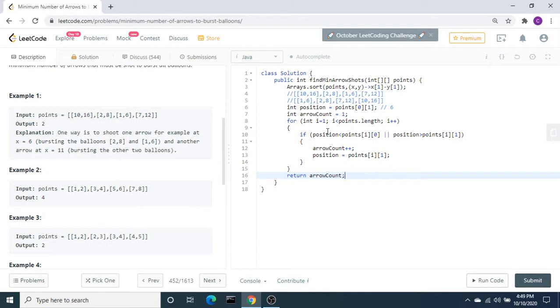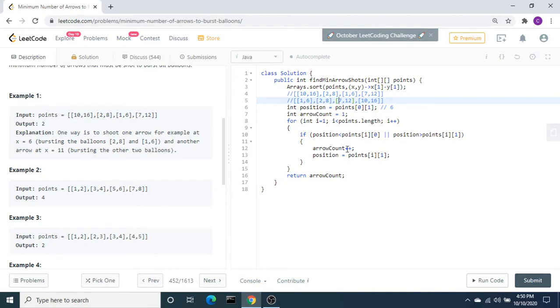Let me explain this. The position first time is 6. Is 6 less than 2? No. Is 6 greater than 8? No. So none of the conditions match, and it will not go inside. The next time the loop comes, we take this value. Is 6 less than 7? Yes, the first condition itself matches.